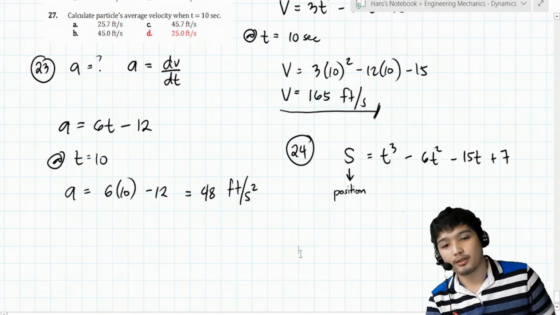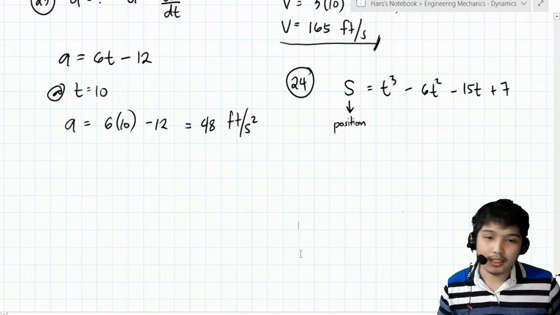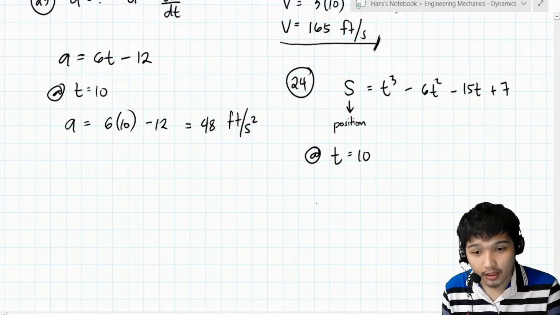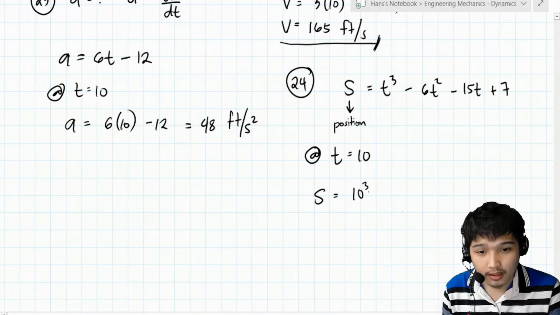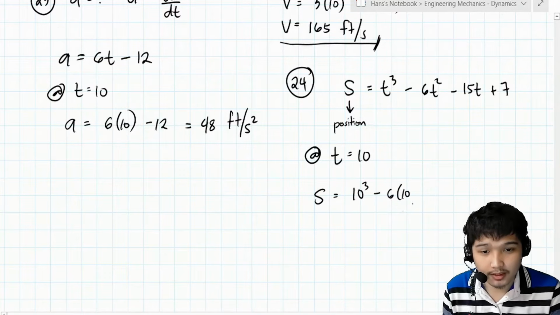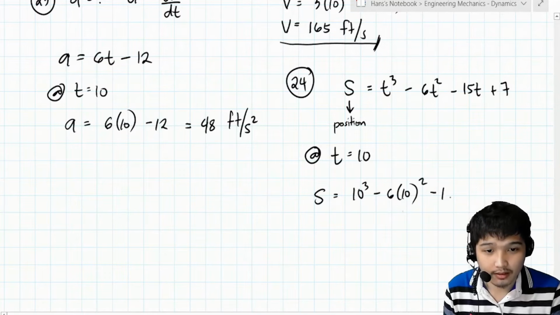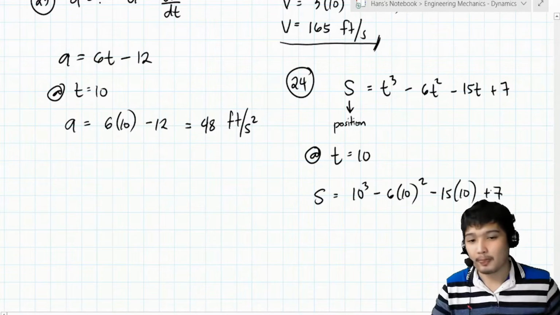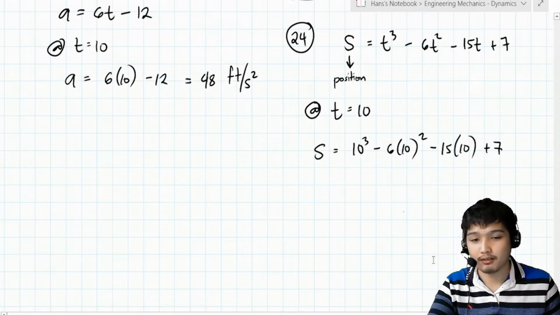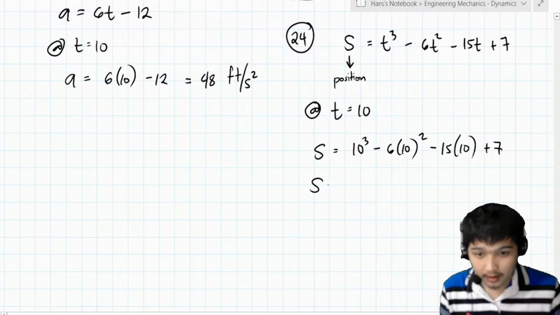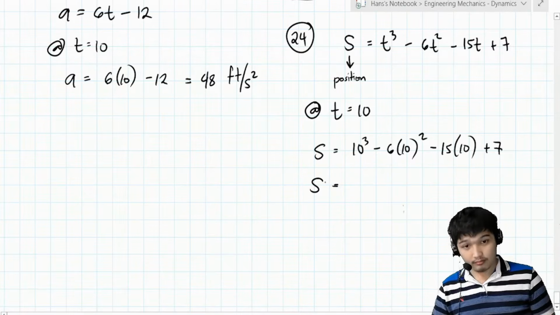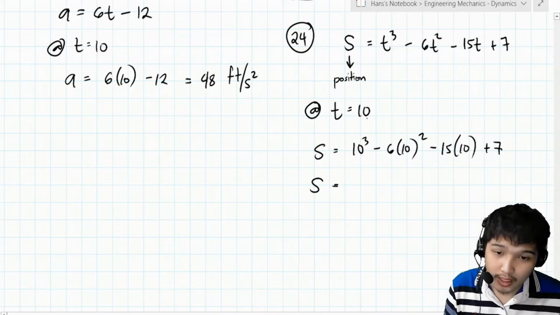Okay, number 24. So kasi kapag ginawa natin guys, ginawa natin directly at t is equal to 10 and then we just substitute, s is equal to 10 cubed minus 6 times 10 squared minus 15 times 10 and then plus 7. Okay, so pag tinry mo i-evaluate yan, anong lalabas dyan guys? S is equal to 257,